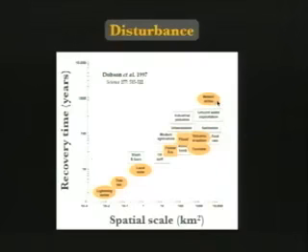Right? So a meteor strike at this extreme is a very large disturbance, and a lightning strike at the other extreme may just hit a tree, a single tree. So there's the range of scales of natural disturbances. The circles are natural disturbances. The boxes are anthropogenic, human-involved disturbances like industrial pollution or urbanization.